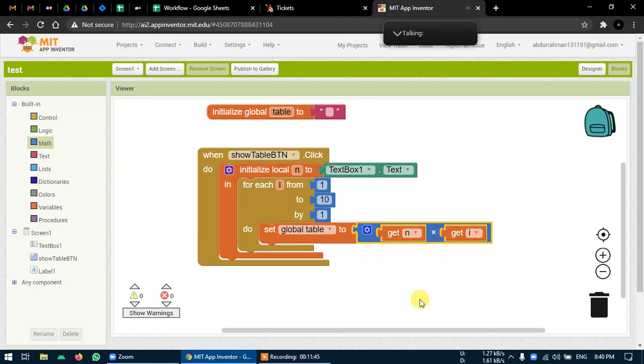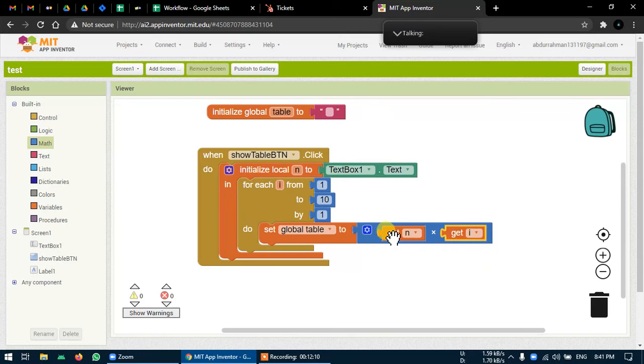Okay. Now the thing is, for each I from 1 to 10, I will be 1 the first time. It will go here. It will just multiply this I and this 2. That is 2 into 1, that is 2, and put in this table. But again, if you go back and I will be 2 next time, what will it do? I will be 2. Now it will come here.